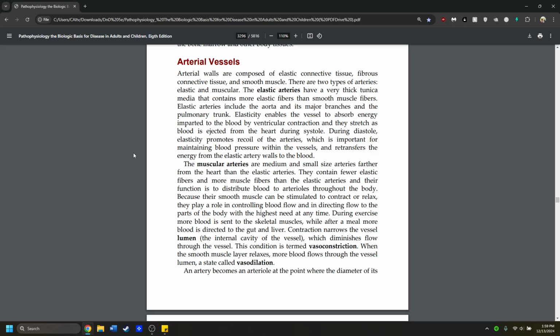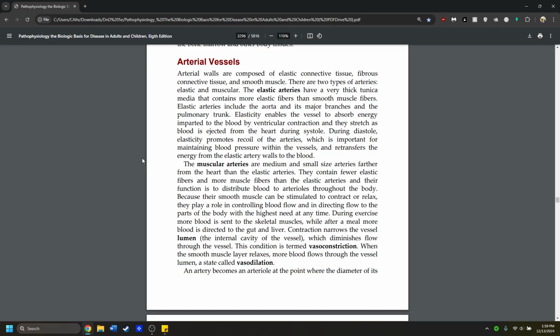Elasticity enables the vessel to absorb energy imparted to the blood by ventricular contraction, and they stretch as blood is ejected from the heart during systole. During diastole, elasticity promotes recoil of the arteries, which is important for maintaining blood pressure within the vessel. This retransfers the energy from the elastic arterial walls to the blood,